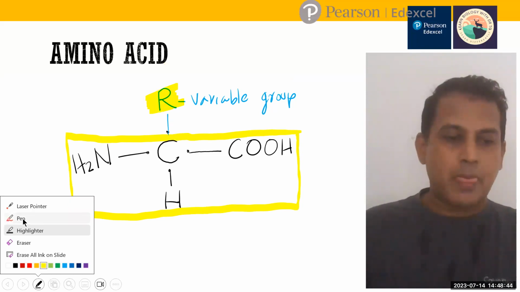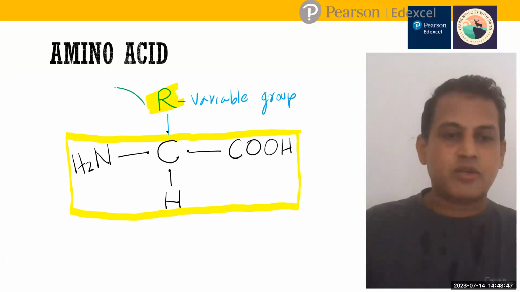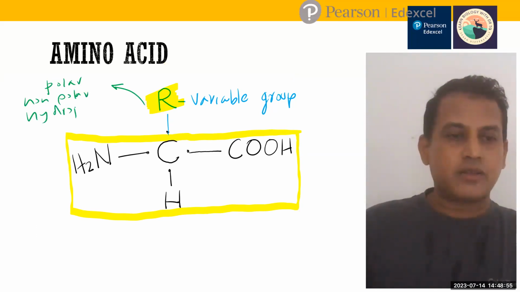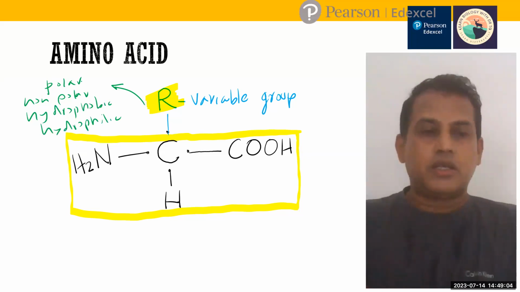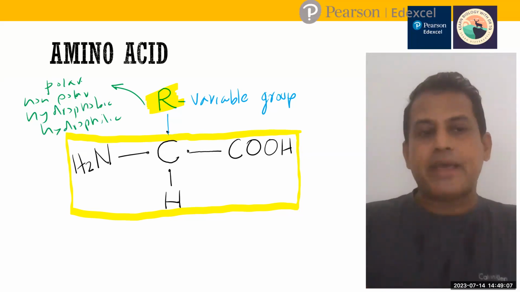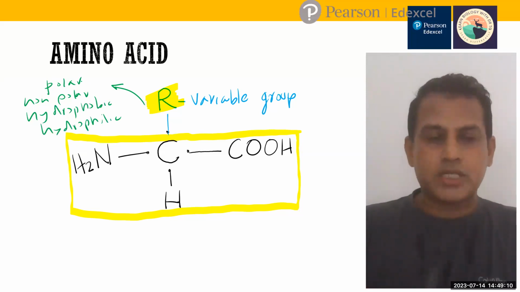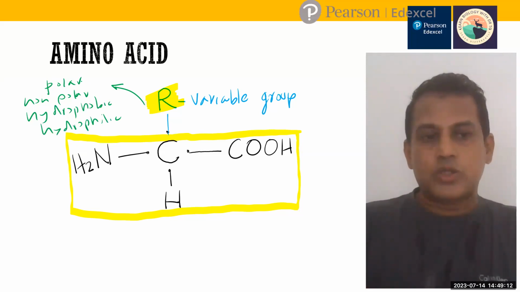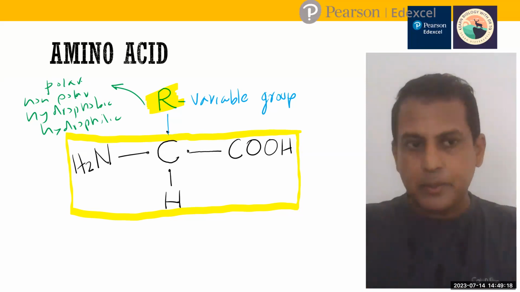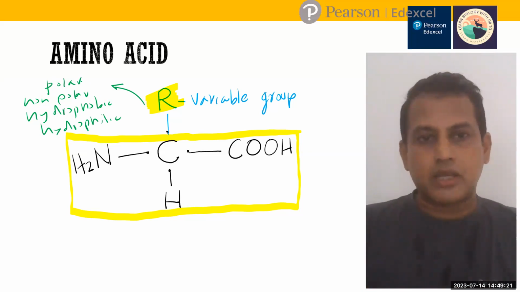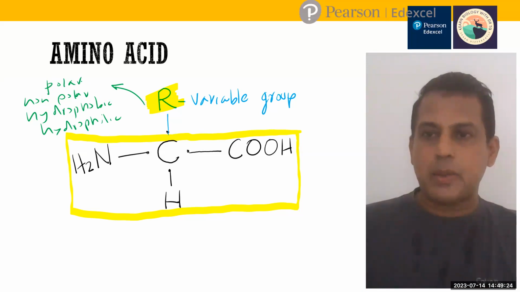As a result, we can find many different types of R group. For example, a polar, maybe a non-polar, hydrophobic, hydrophilic. So there are different types of R groups, and they have different properties. So these properties are very important to decide the chemical structure and function of the proteins. Okay, right. Next, we are going to learn